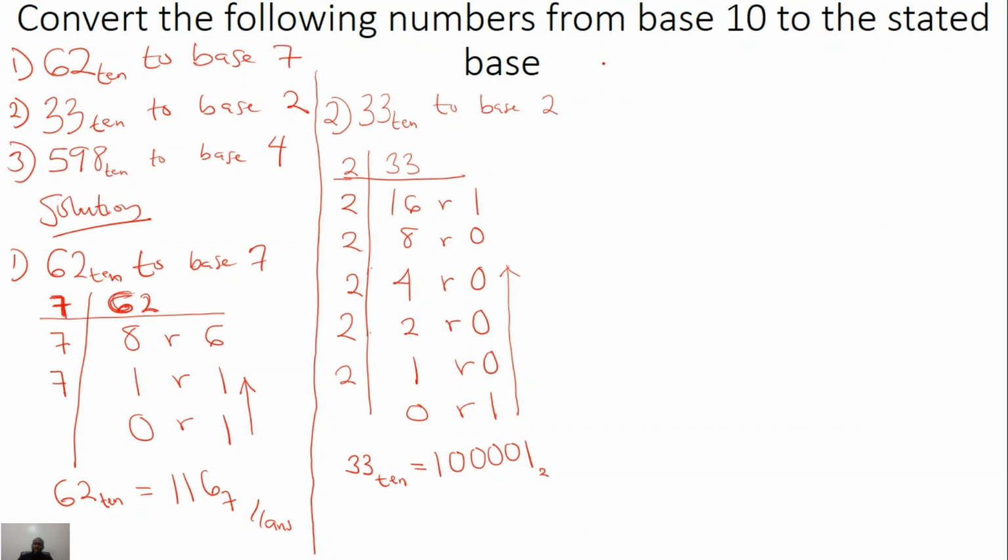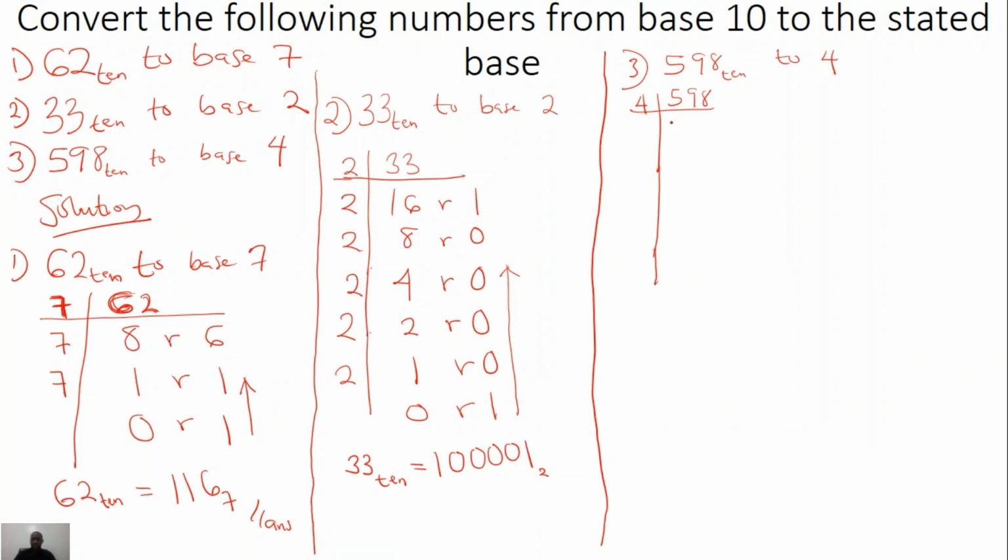Okay, let us do the last exercise. Exercise number 3. 598 base 10. Let's convert it to base 4. 598 divided by 4 is 149